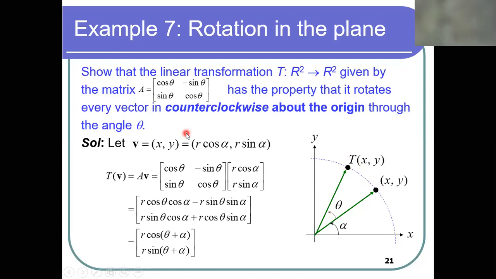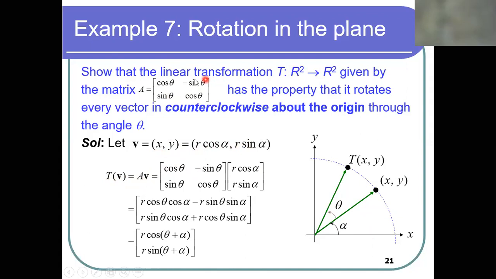If you take this vector and resolve it into component form, it is a vector having magnitude r. So the x component will be r cos alpha, and the y component will be r sin alpha. So v is (x, y), which is (r cos alpha, r sin alpha). So if you apply T of V, which is A into V, because the matrix of transformation in this case is